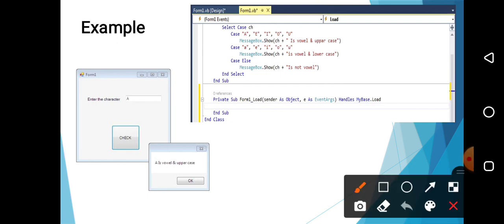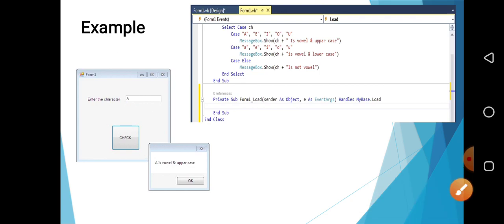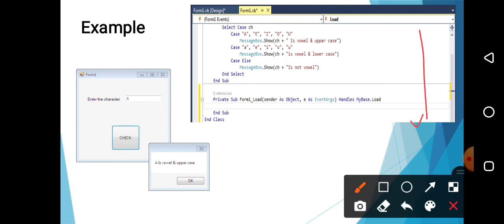Now I am moving to step 2, that is, write the respective code. Here, on the double click of this Check button, I am writing the code using select case. On the click of the check button, the code is select case and after that ch.